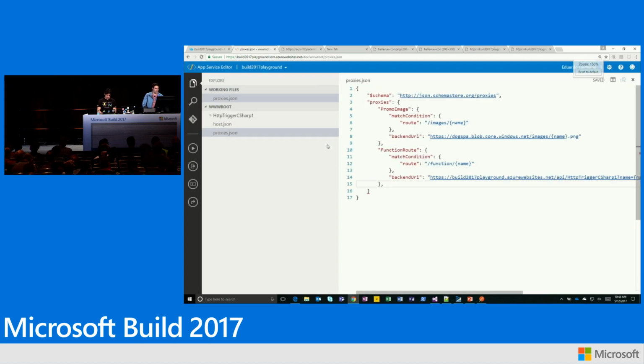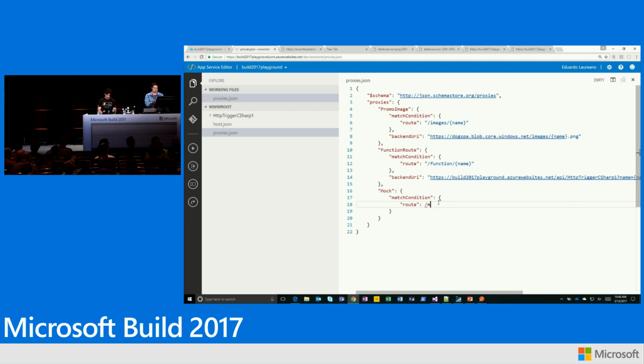OK, so you can create a new proxy here. You name that proxy, so say mock. That's just your internal name for management purposes. And here you can see you can get all the hints in autocomplete and all that good stuff. You decide on your route.